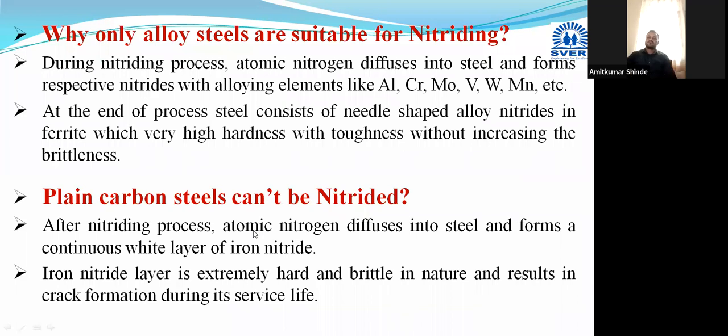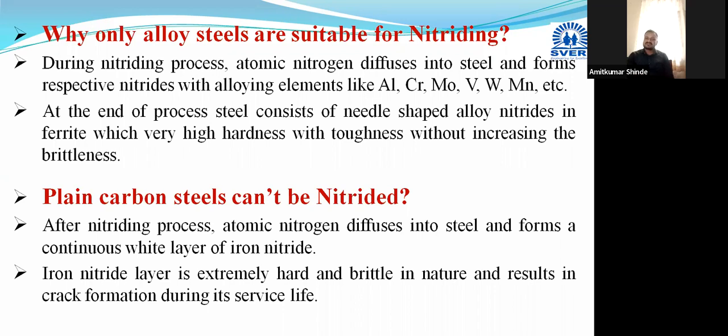Okay, and then after this, on which material can we do the nitriding? Now here two different materials and conditions are there. On plain carbon steel we cannot perform the nitriding. This is the disadvantage. You can write this as a disadvantage also. And what is the advantage of this nitriding? We can perform the nitriding on alloy steels. Then why are we not able to perform nitriding on plain carbon steels, and why is it possible to perform nitriding on alloy steel?